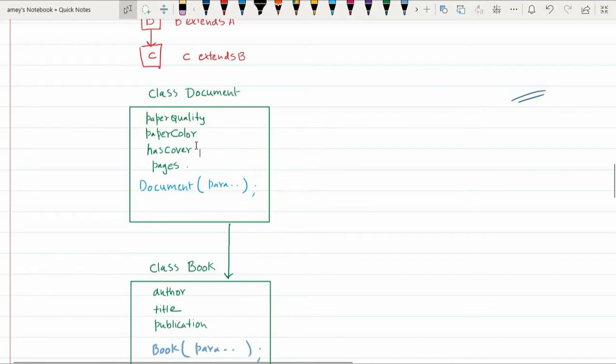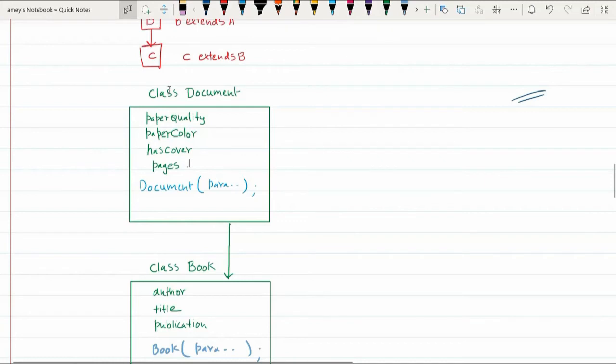Has cover is a boolean field which determines whether the document has a cover or whether it is torn. Basically, I have written this program for a library, say a college library or a public library. In a public library, in some cases the book covers are missing, and there are some pages which are missing, and that's why I have included this field called has cover. And also there is a field called pages.